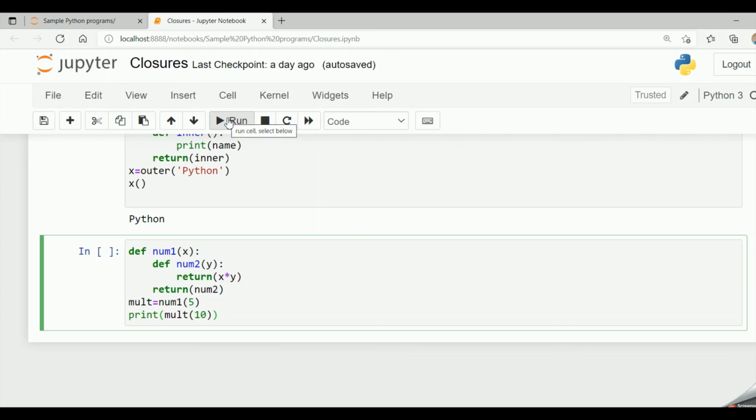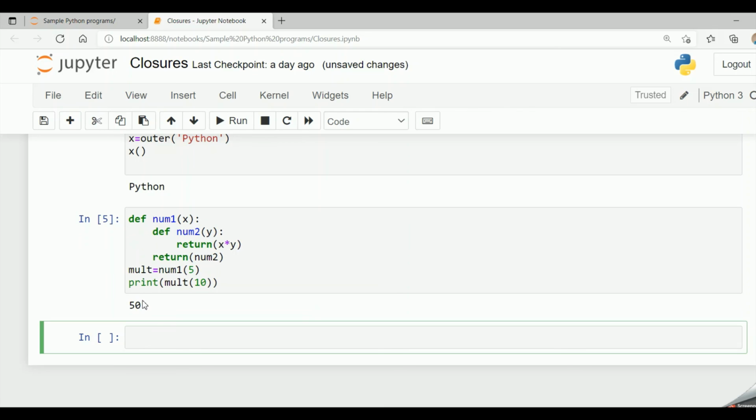So now when I run it, I get the output as 50 because 5 into 10 is 50. So it's still remembering the value of x equal to 5 even though it's not stored in any memory location. So this is the beauty of closures in Python programming language. Hope so friends, it is clear for you.